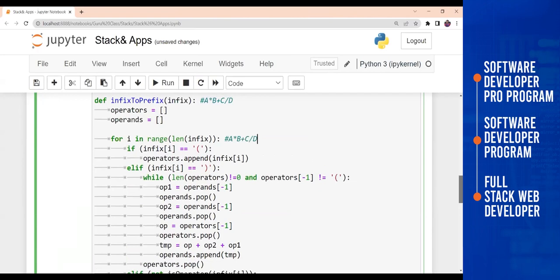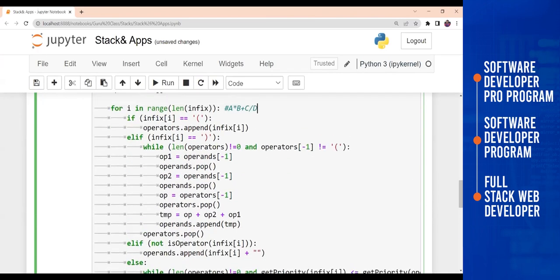First of all, we will work in a one by one manner. For example, first it will check this A. So first of all, it will check whether any of the brackets or parentheses are there, because they are going to have the higher priority, right? So that's why it is checking for those things. If that is inside it, it will work in the appending format of operators, or else it will skip to another value. That's it.